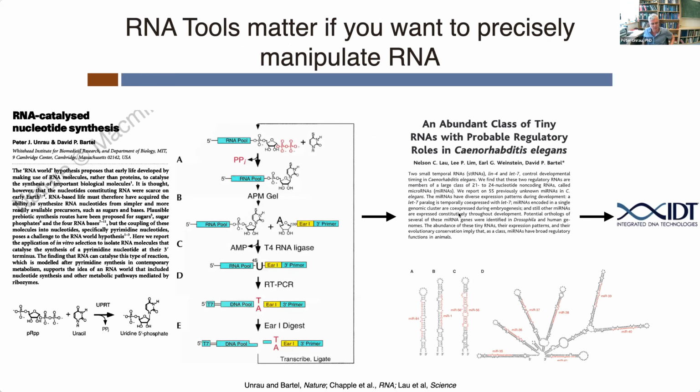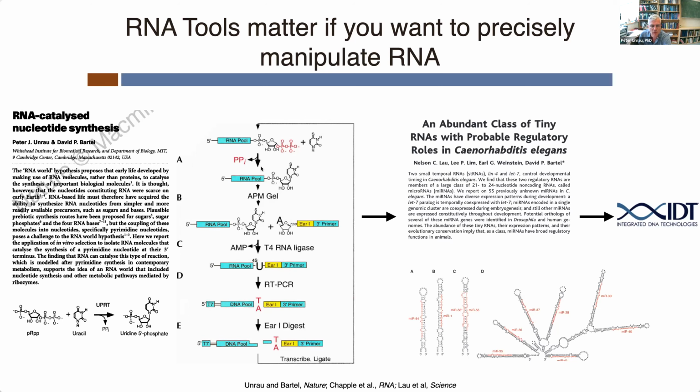So when I was in David Bartel's lab, I was interested in glycosidic bond forming reactions. And so this is an essential element of making nucleic acids, where PRPP is converted together with a base into a nucleotide, which is eventually converted into a triphosphate. And I showed that RNA could do that reaction, but the tools I needed didn't exist at the start of my project, and that led to some interesting research tools.